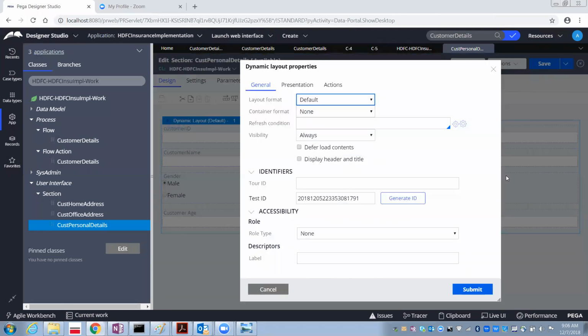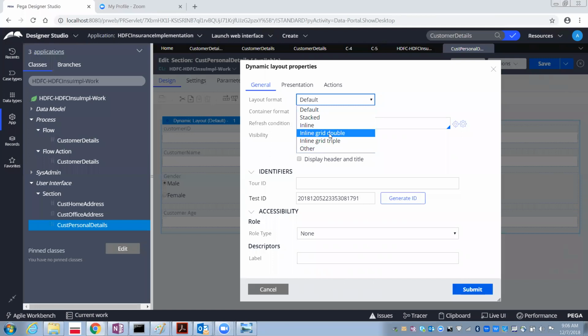Once you double click, there are generally 3 tabs available in the dynamic layout properties: General tab, presentation, and actions. Here we have something called layout format. By default, the layout format is default in the drop down.